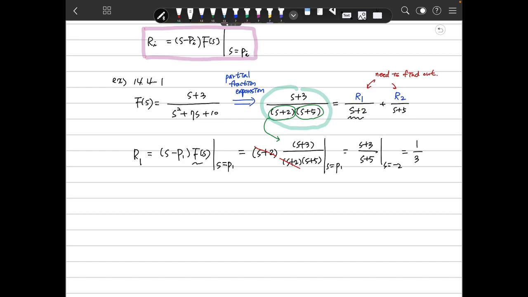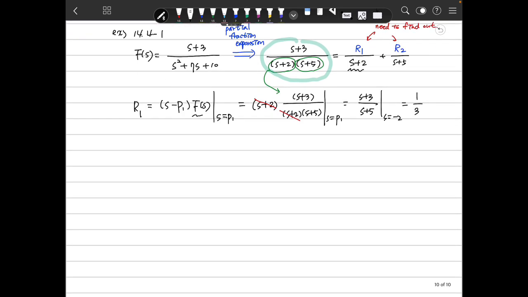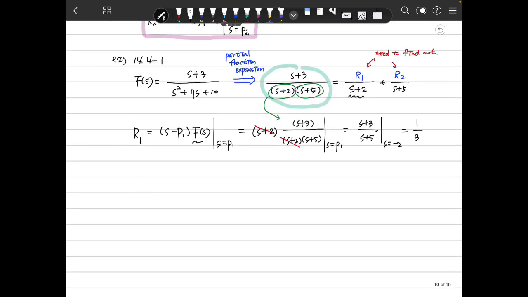Then why is this R1? Now, I will give you why this is. For example, what's the meaning of that? What we write here is S minus P1, S minus P2, and something, right? That will be S minus P1 something,